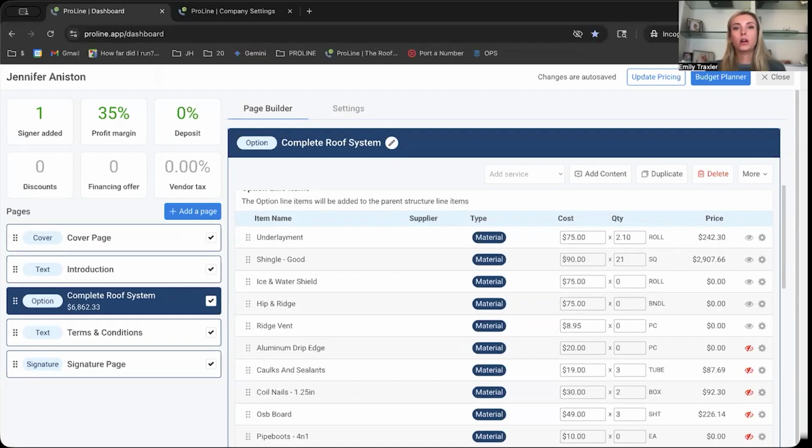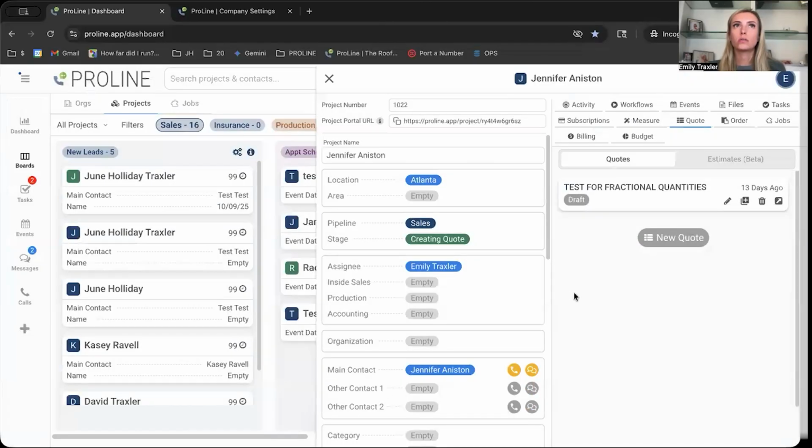Now, here's where it gets a little more nuanced, and this is when we're talking about orders. It's important if your team places orders directly with suppliers through ProLine. Most suppliers can't fulfill fractional orders. You can't call your supplier and say, send me 2.1 rolls. They'll need a whole number. So ProLine gives you a way to handle this automatically through the automatically round up quantities setting in your order